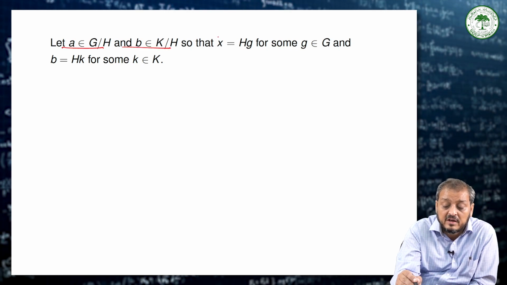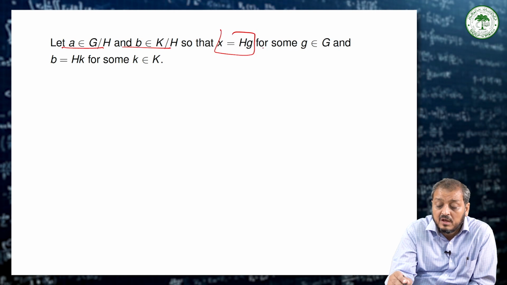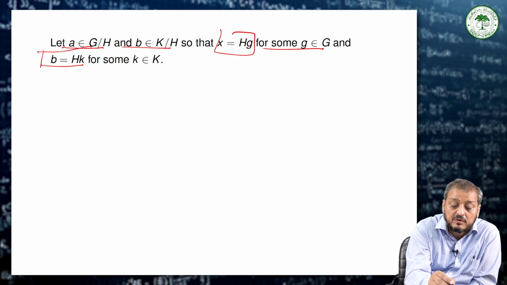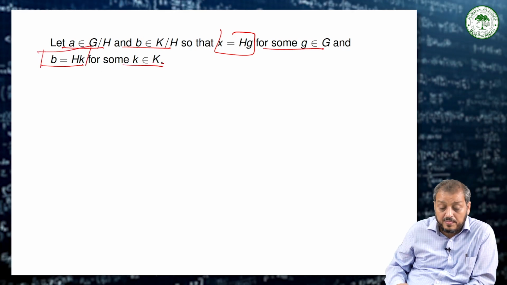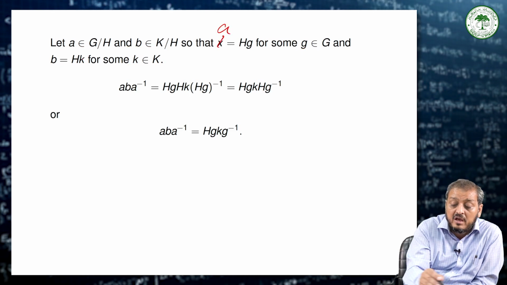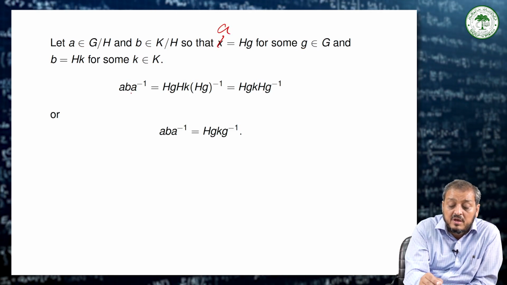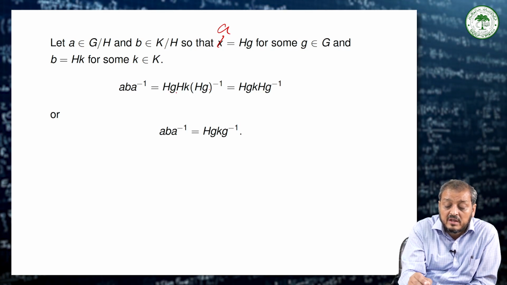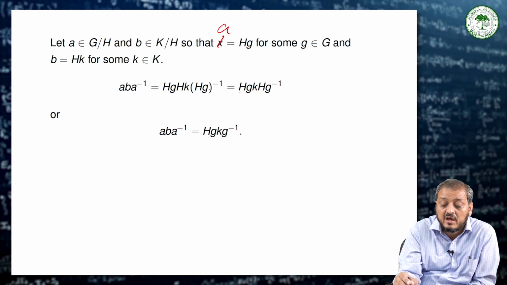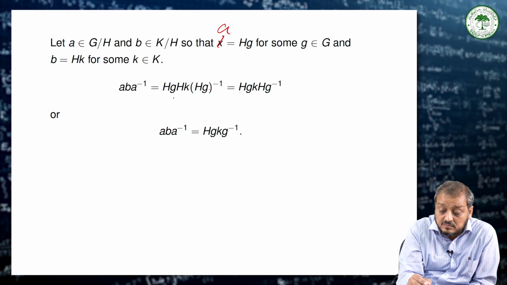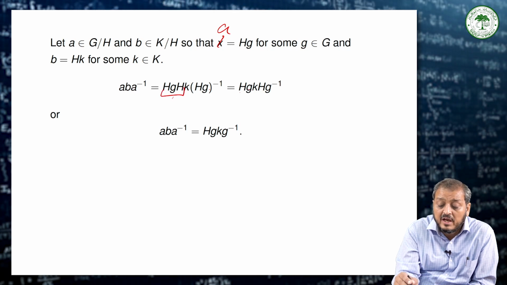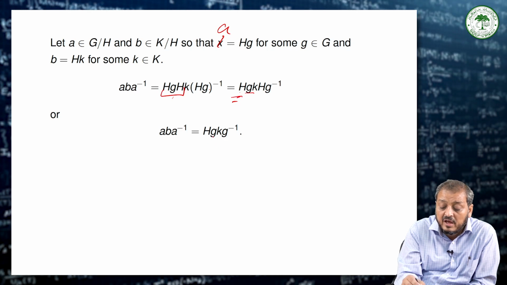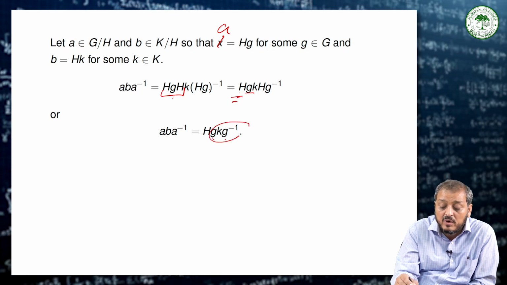and then A we can write in the form Hg for some g, and B can be written in the form Hk for some k an element of K. So A can be written as Hg. So A B A inverse is HgHkHg inverse, and Hg inverse is equal to H g inverse. HK can be written as H of gk and H of g inverse. Then this can be written similarly as H of g k g inverse,